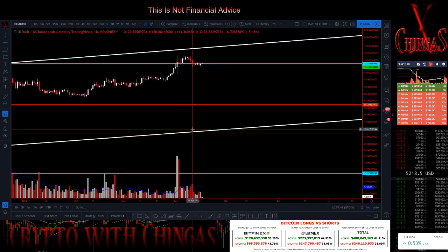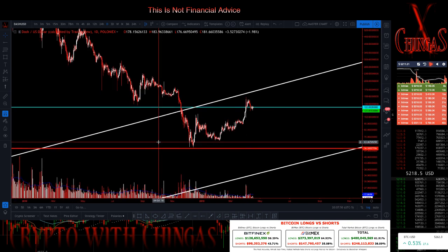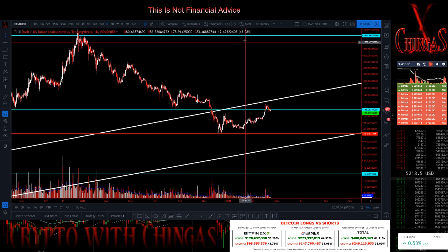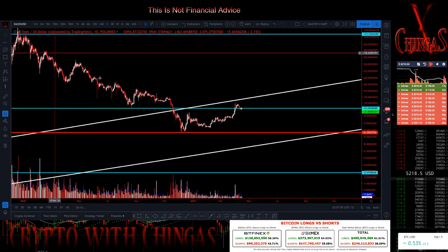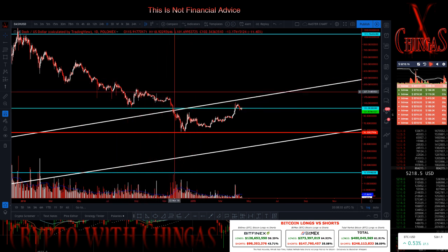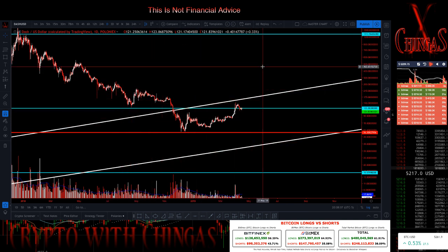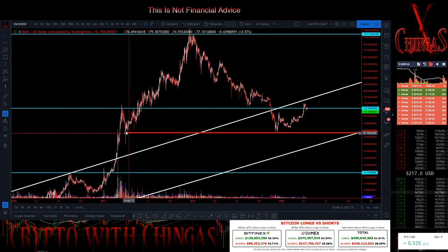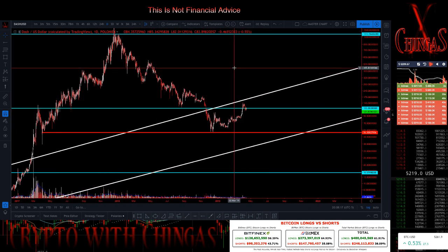Anyway, so what we got going on here for Dash looks like Bitcoin. Okay, a little bit more dramatic on the way down than Bitcoin was. Good push. Got your ABCD right here. It's a good play move. Good bottom. See, they found support at the right spot. So finding support there is good. Overall drop